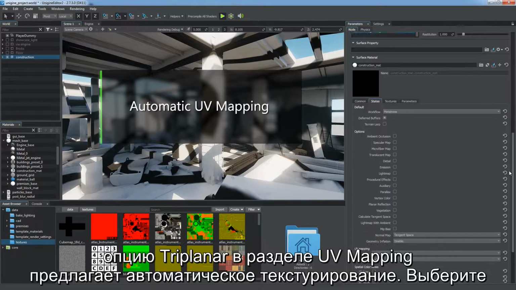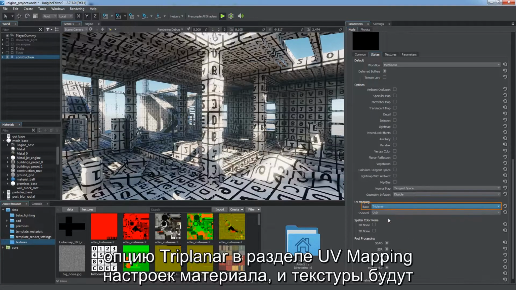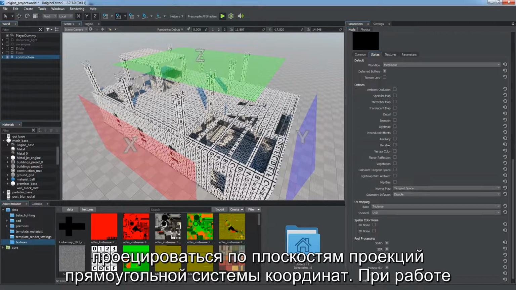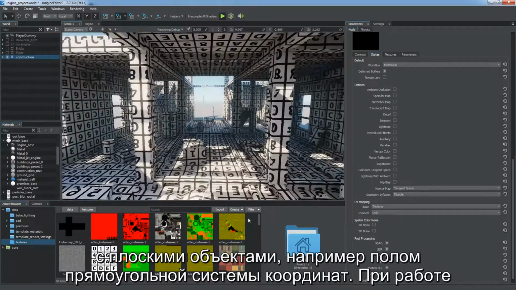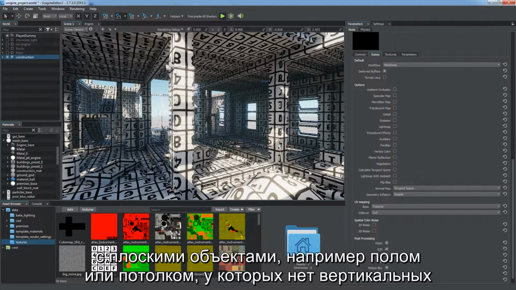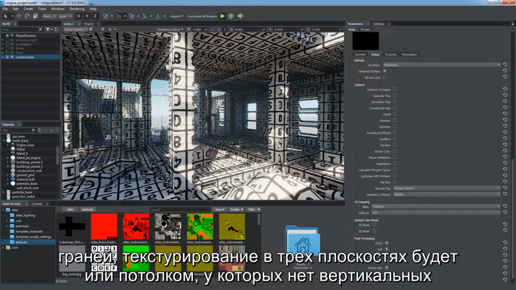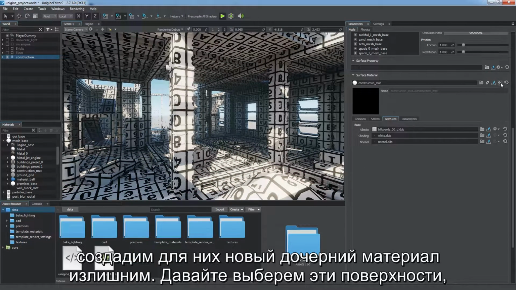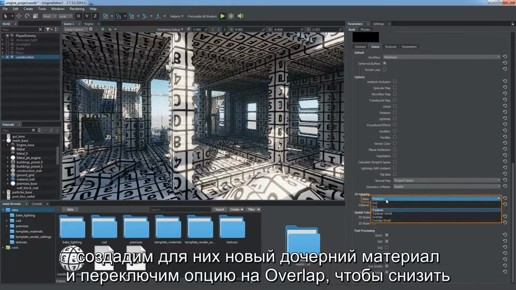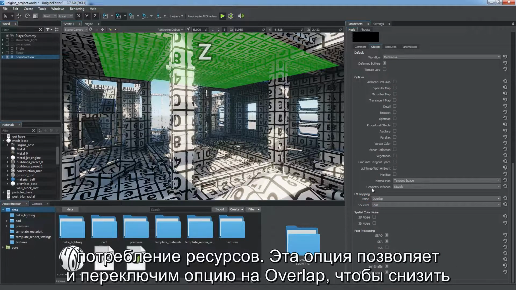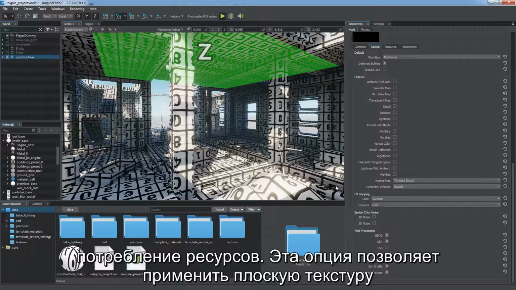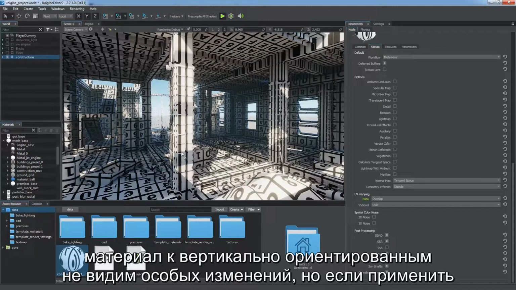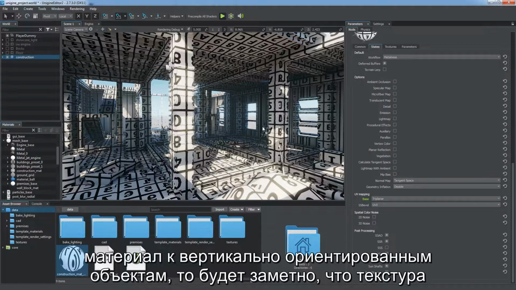Choose the triplanar option of UV mapping in the material settings, and textures would be projected from 3 planar surfaces corresponding to the axis. If you deal with flat objects such as floor or ceiling which doesn't have vertical surfaces, triplanar mapping is excessive. Let's select them, create a new child material for them, and switch to the overlap option to lighten the performance consumption. This option enables planar texture mapping atop the chosen surface. There is no visible change so far, but if you apply the overlapping material to vertically oriented objects, you will